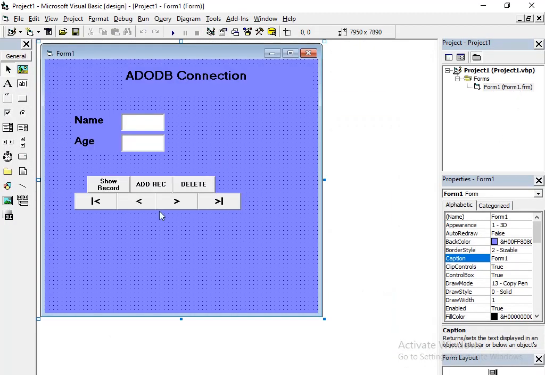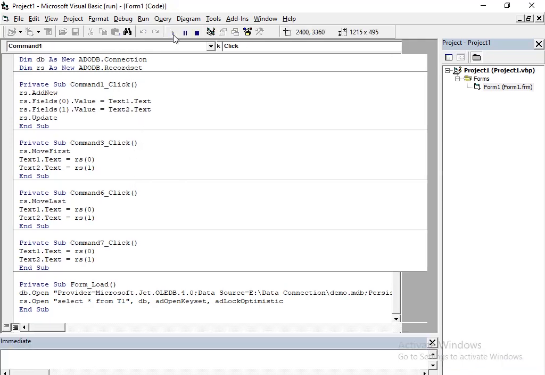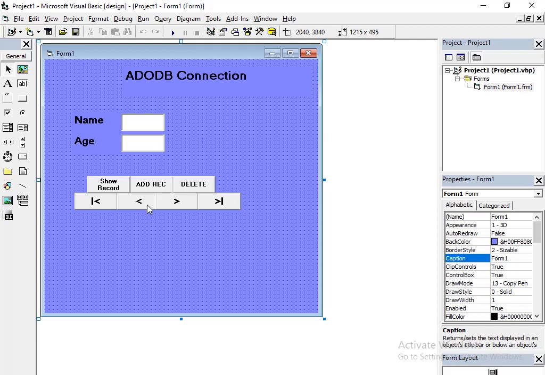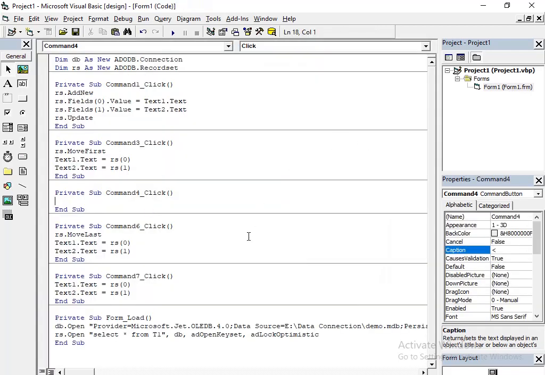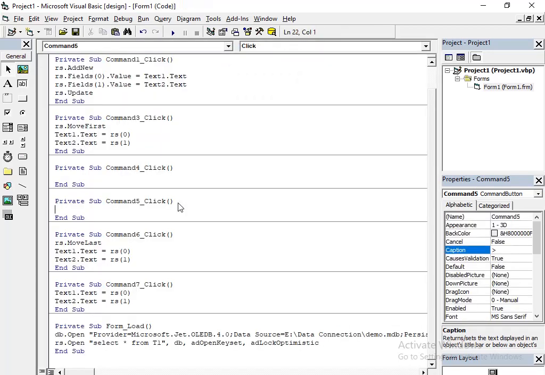Okay, so before that, first we'll start off with move previous or move last, whatever it is. So I'll start with move last.